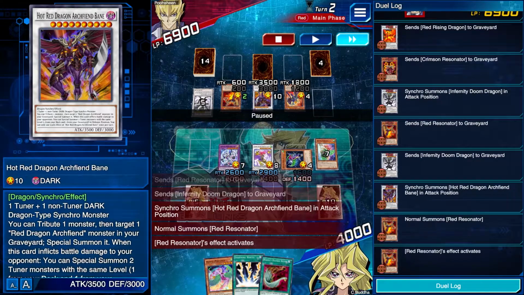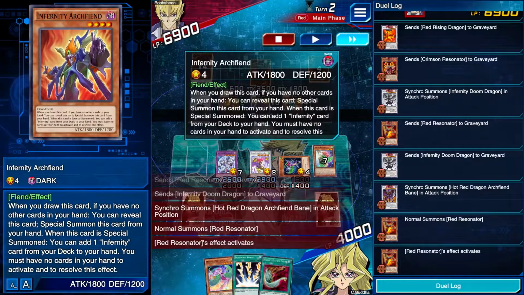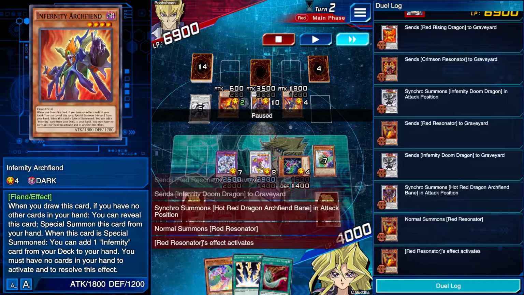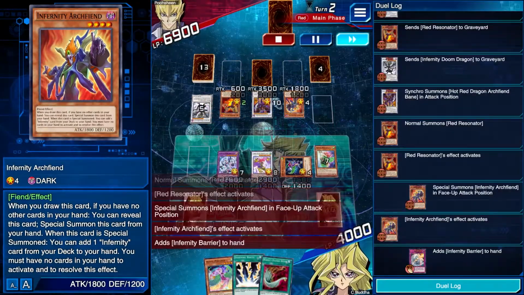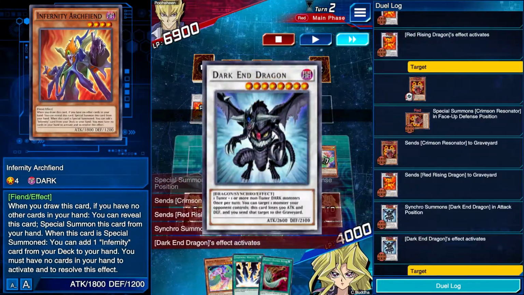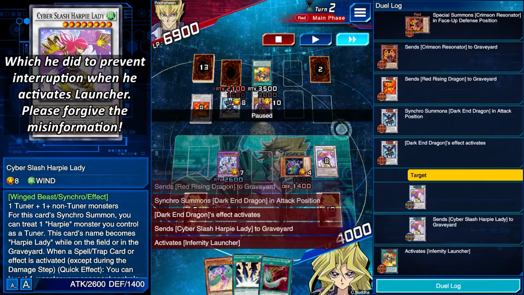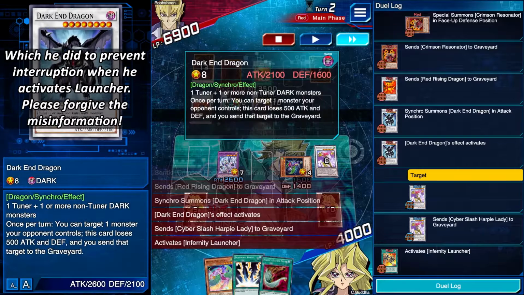During this duel right here, I started thinking that maybe they might even be tiered with this Infernity combination. This kind of blew me away as well, because prior to this duel, I didn't know that people were mixing Infernity Engine with Resonators, which is kind of crazy because this guy searches Infernity Barrier, so now he has a negate in turn 3. Gets another Red Rising Dragon, and then summons Dark End Dragon, and uses that to remove Cyber Slash. Now, had he used Infernity Doom Dragon to destroy Cyber Slash, he would have done 1,300 points of damage to me, and then he would have had Dark...